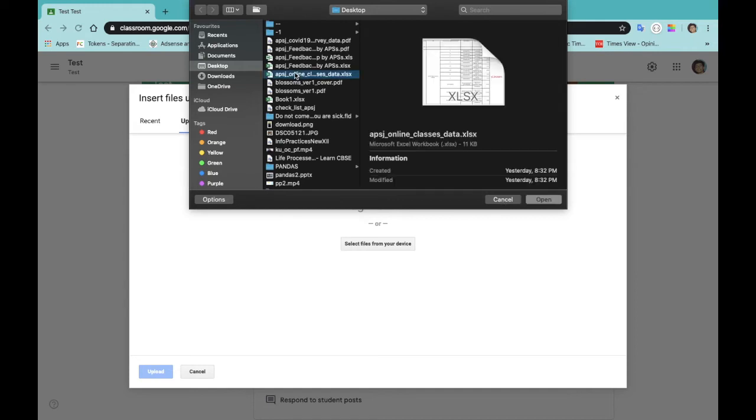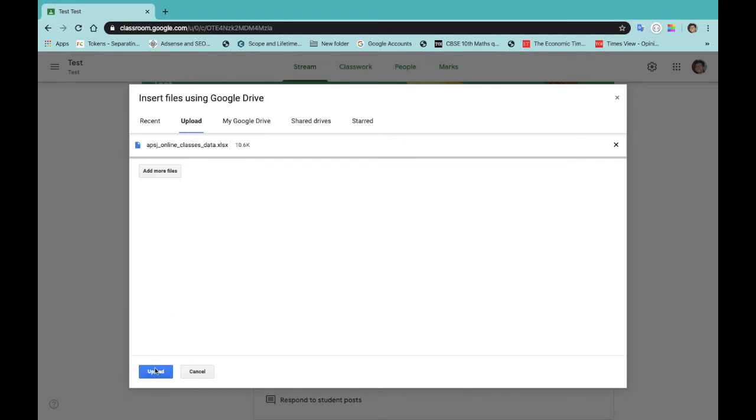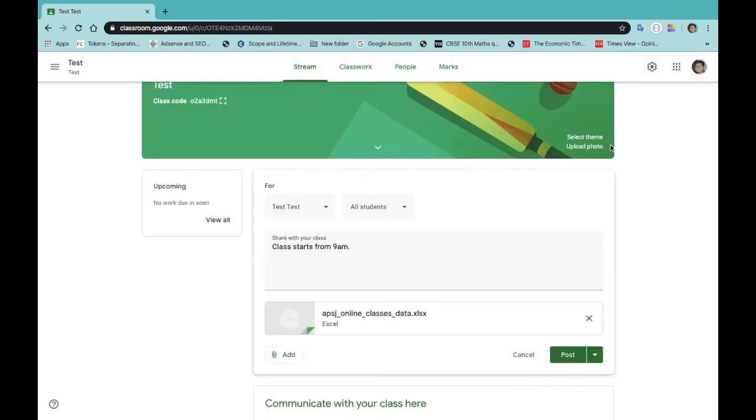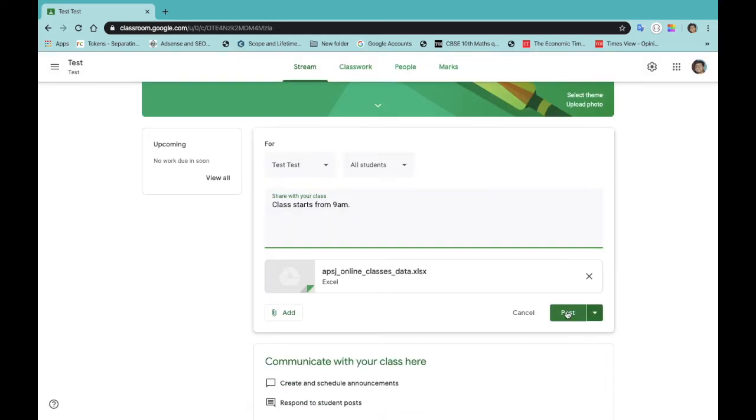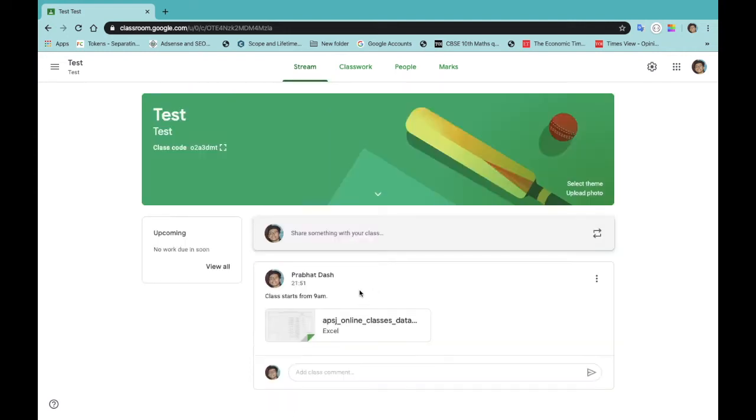As soon as I select a file, let's say this is our testing file, I will get the option to upload. So I will simply click on this button which says upload. As soon as I click on this upload button, this file gets uploaded, as you can see. So finally, when my attachment is done, I can simply click on this post button. So this is the first post that I have created, which also includes